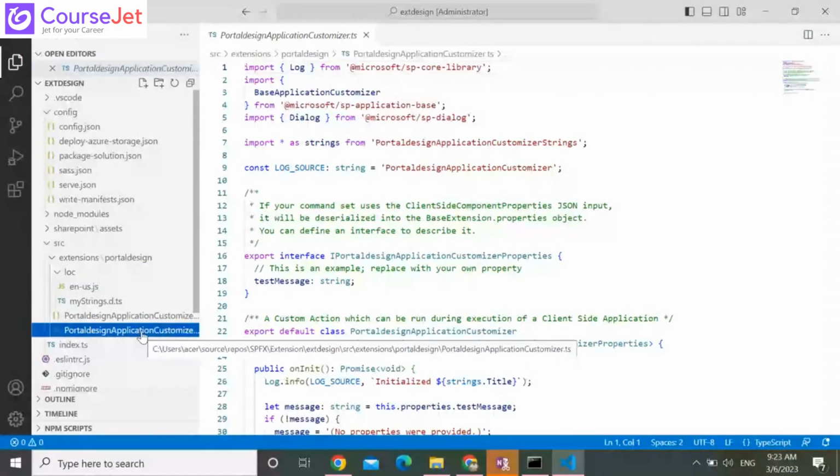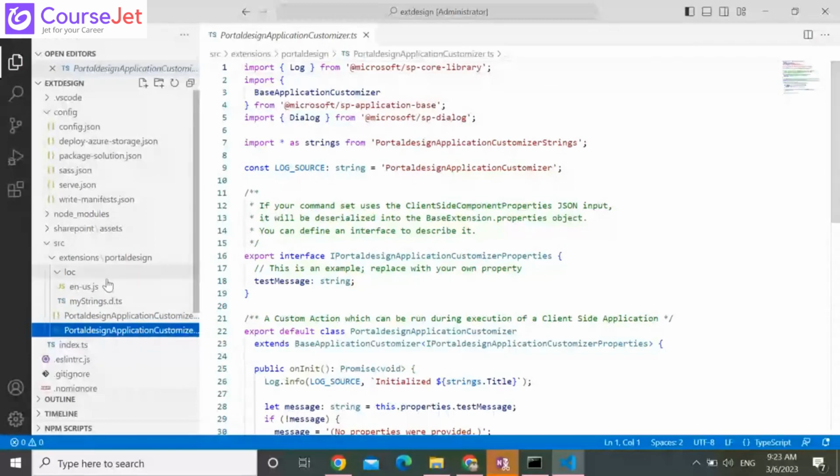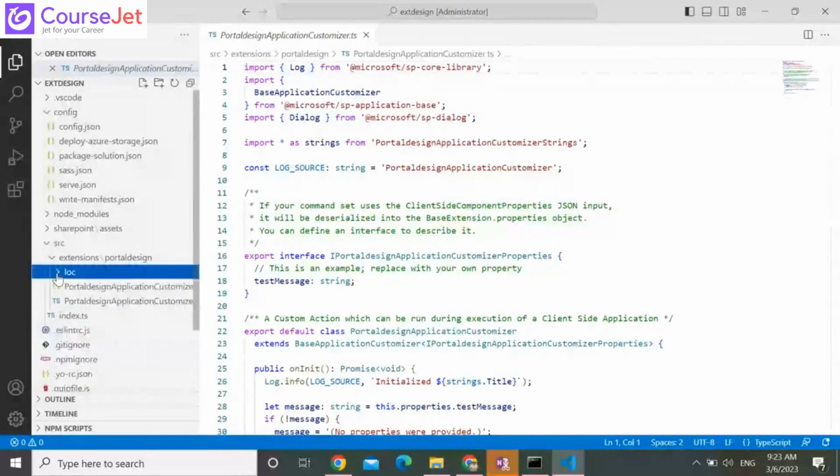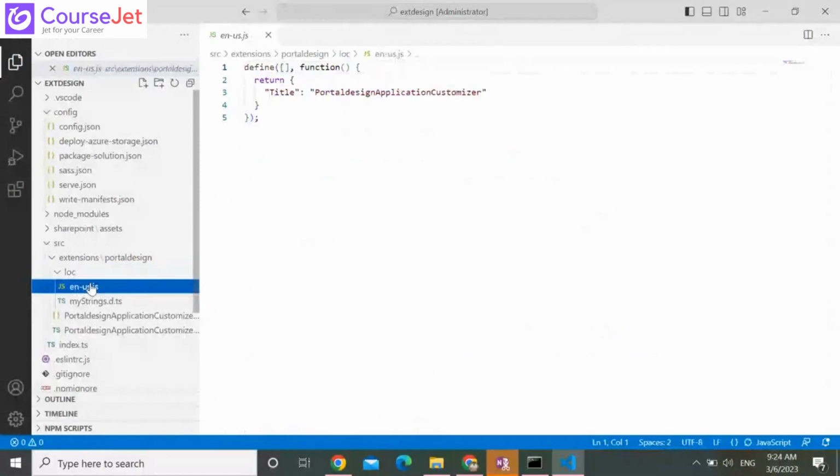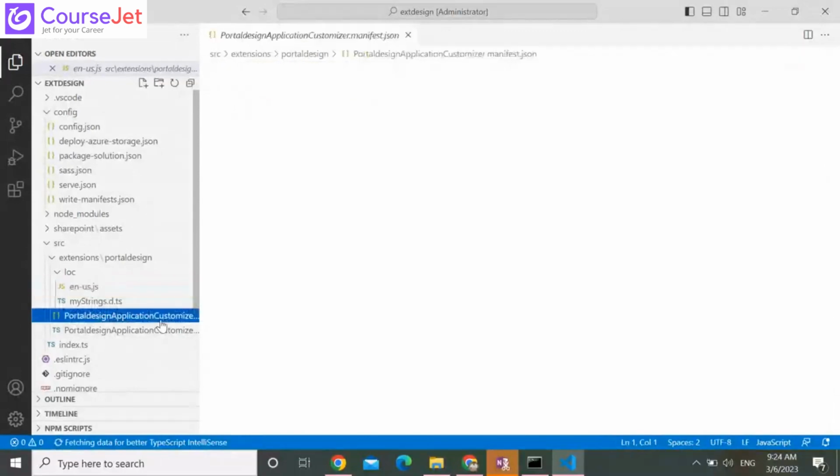This we can see. And one more thing I wanted to tell you. Inside this, there is a LOC folder with en-us.js and mystrings.d.ts. These files you shouldn't consider as an extension. I wanted to give you a hint on how we can use this en-us and mystrings.js and all. Say for example,